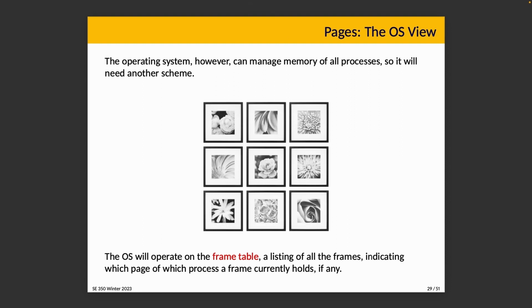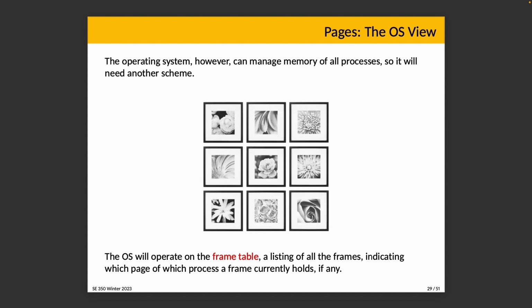But there's a little more complication to it. The operating system can manage the memory of all the processes, so it's going to need another scheme. The idea of looking in the tables to check everything process by process maybe isn't super efficient. Maybe what we're actually looking for from the operating system's point of view is something that it calls the frame